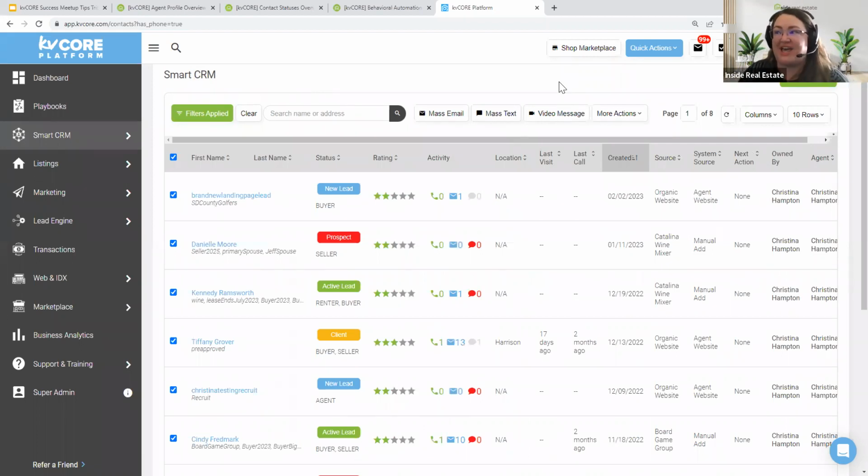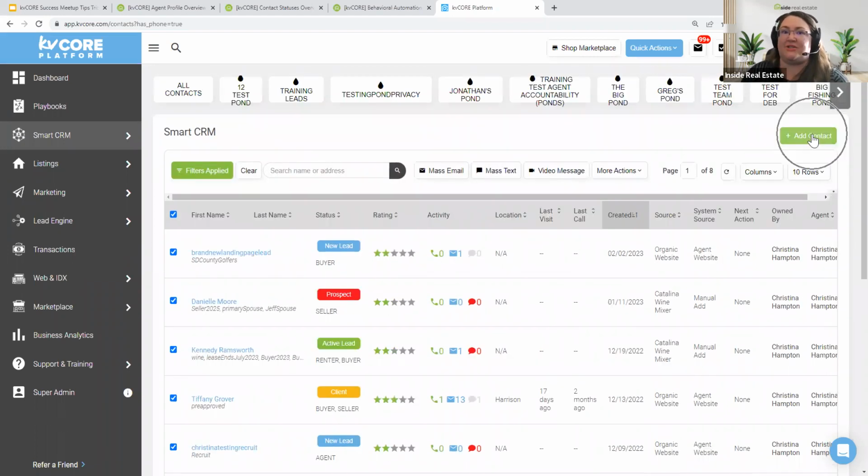So to change that, that's on the right-hand side, right underneath this bright green add contacts. Okay, there is rows. So again, I'm stuck at 10. Your default is 50, but you can go up to 250, and there's a couple spots in the middle. I think there's 100 and something else. I used to have that memorized, but now I can't do it. So I'm stuck at 10. You can do as many as you want.